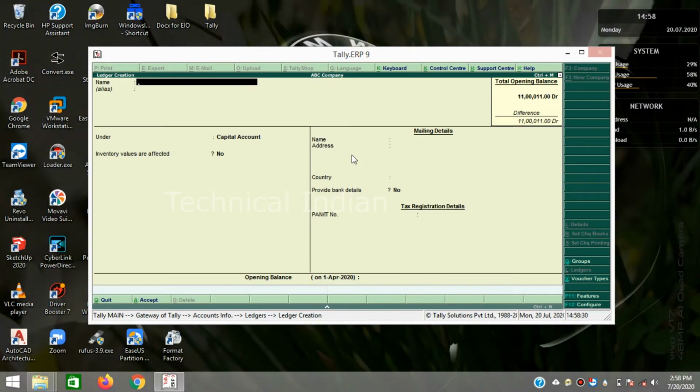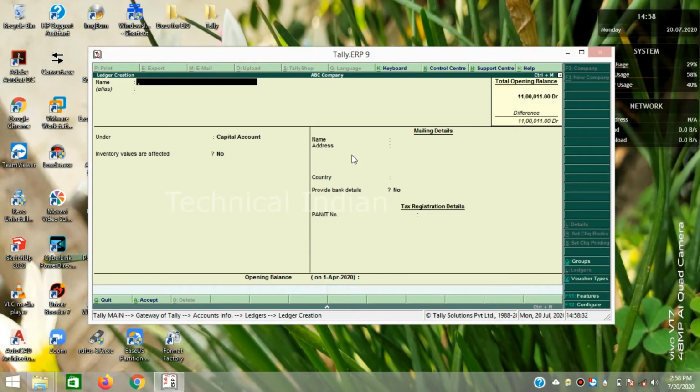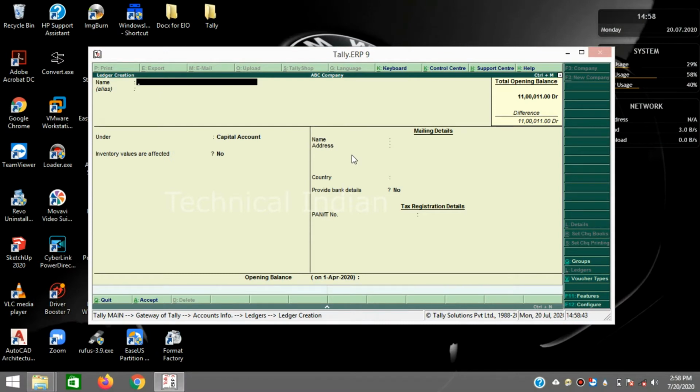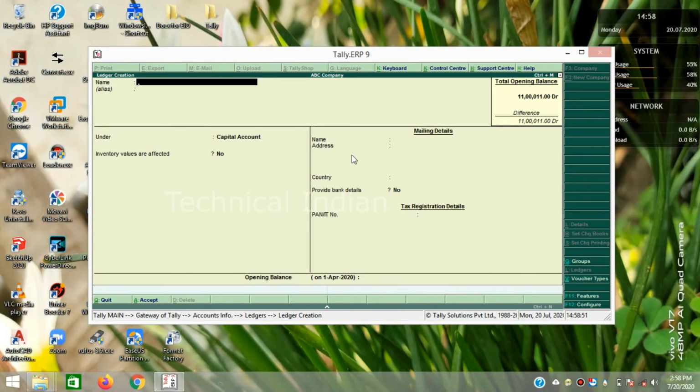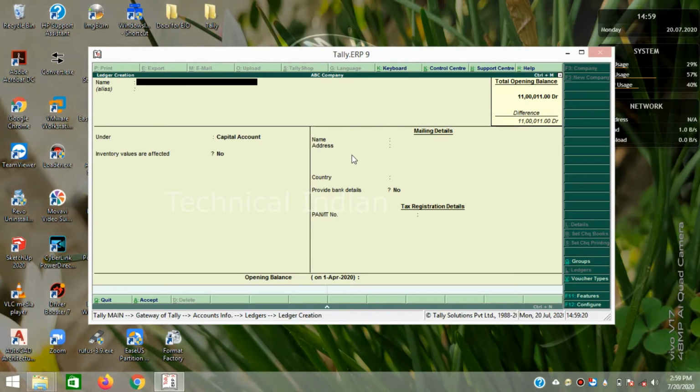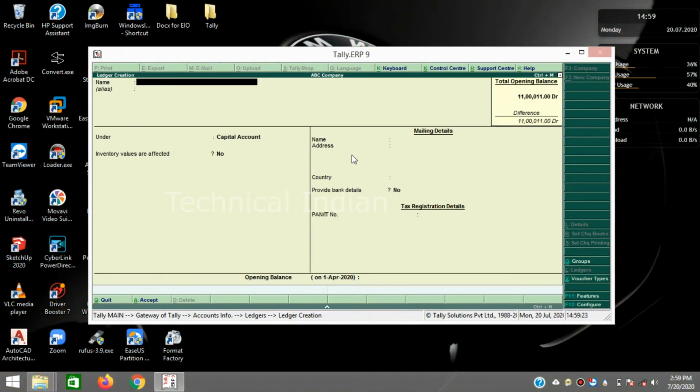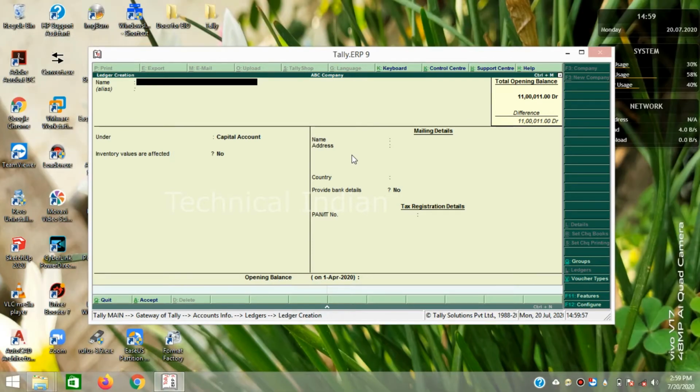Ledger is so important for any data, for company data. So ledger is mandatory. For that, at minimum we have to keep at least 20 to 40 ledgers. So I am going to create 20 ledgers, and further we will need more ledgers. In a further class you will learn why we have created so many ledgers. Come, let's create ledgers. First is wages,